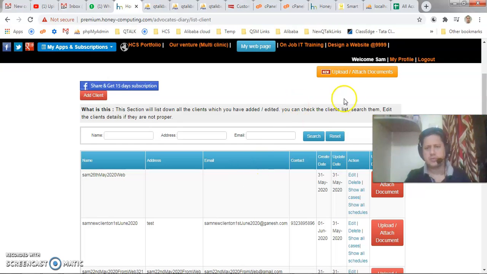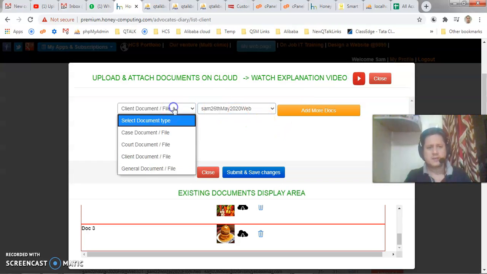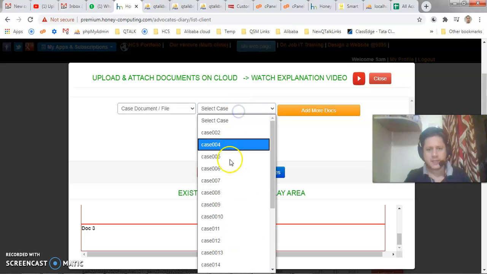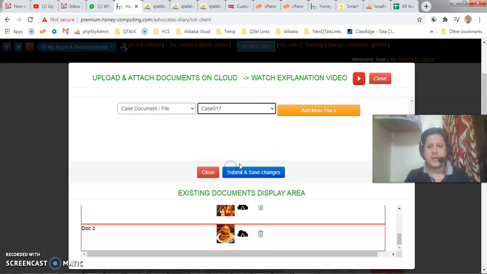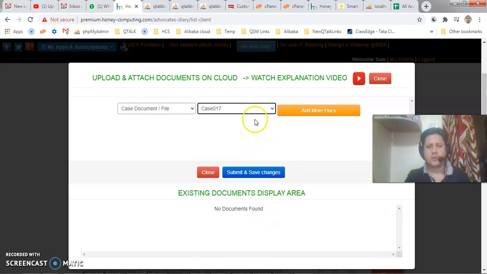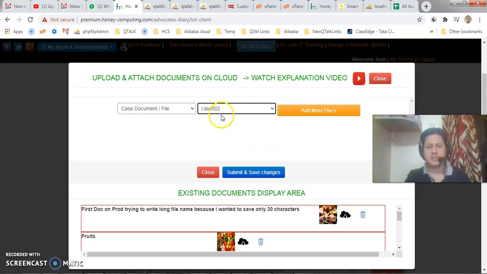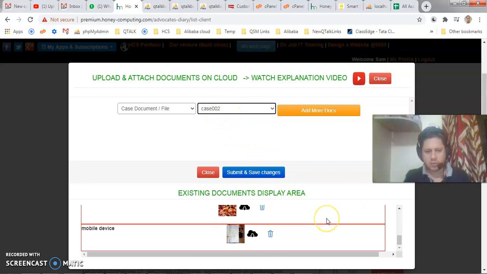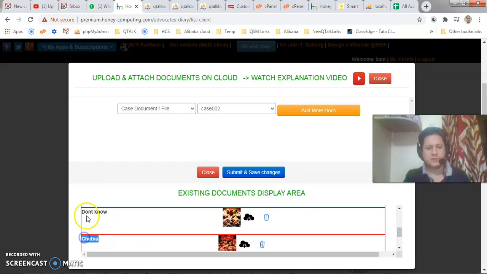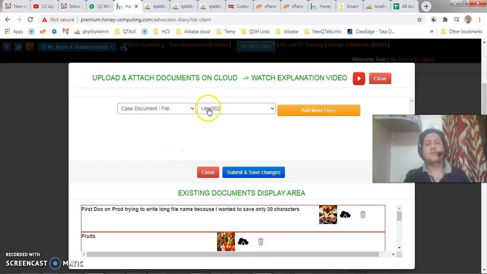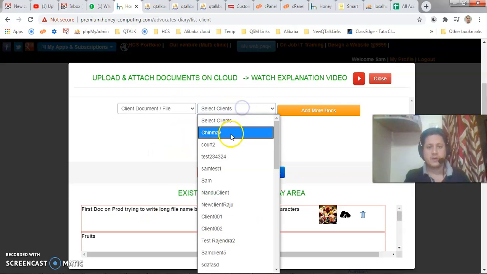You just need to select the case name from this drop down, and it will pull the documents immediately. Now I will select case 002. It will pull all the documents and show them here. All the documents have names, so it's very simple to search for which case file or client document you are looking for.